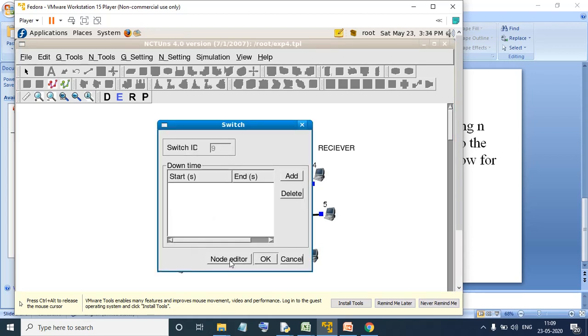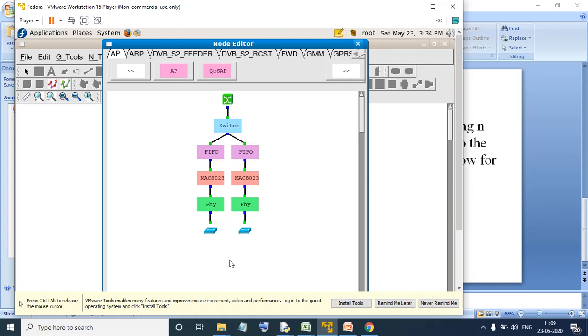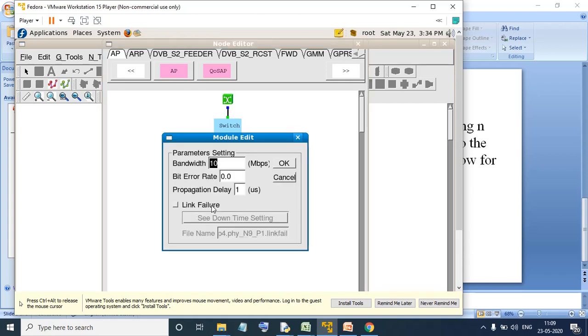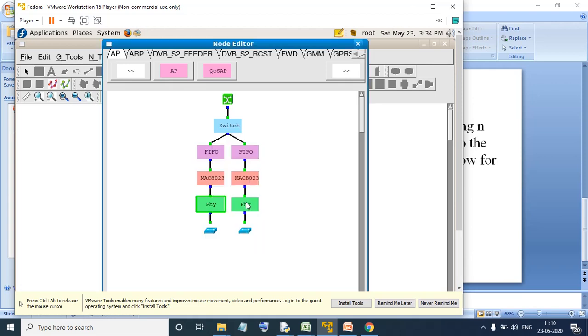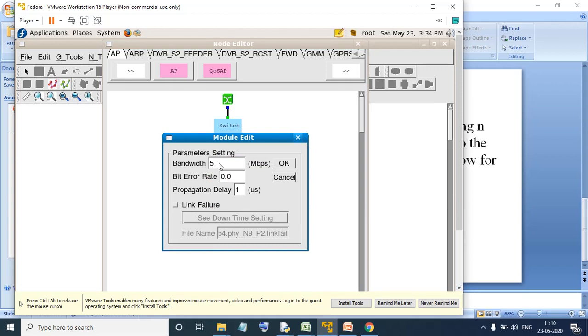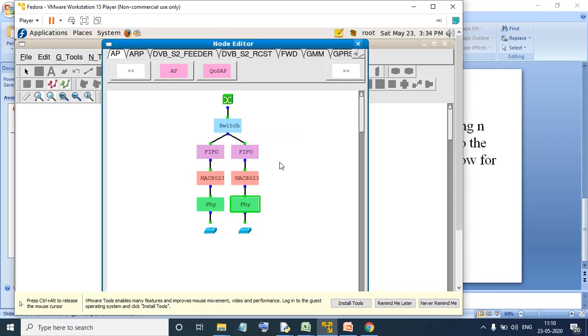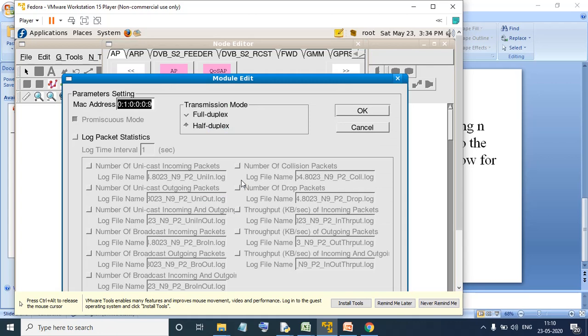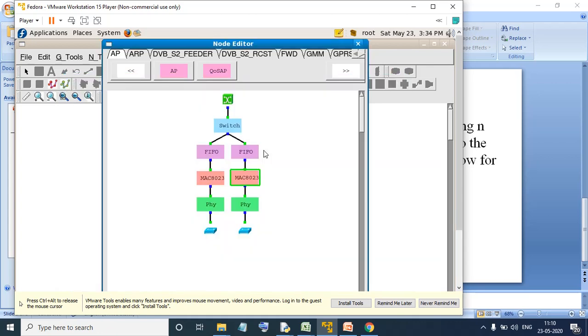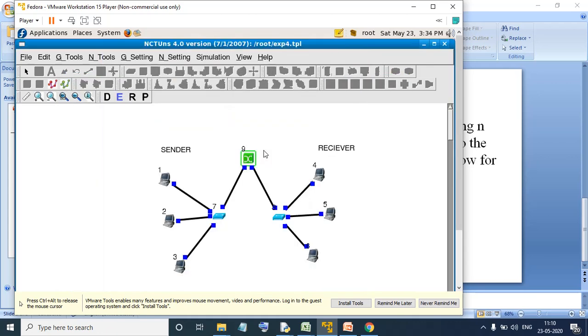After doing this, the last thing remaining is we need to put the characteristics of the switch. So go to switch, double click on switch, then on your node editor we need to go for the physical structure. Change the bandwidth, could be anything. For now I am taking the bandwidth as 5 and error rate as 0.1. It is of your choice, you can put anything. Similarly for the other end, keep here 5, put error rate of your choice. I have taken here again 0.1 and press OK. Okay, so this is done. So check with Mac, no need to do any changes with the Mac. Press enter. So all your settings are done.